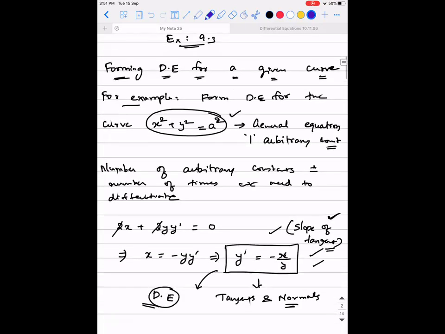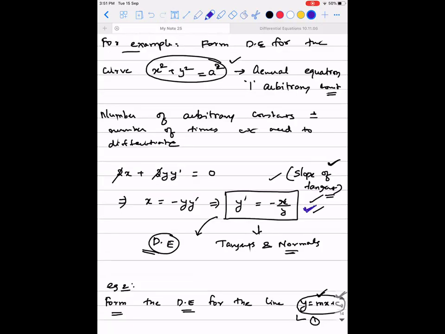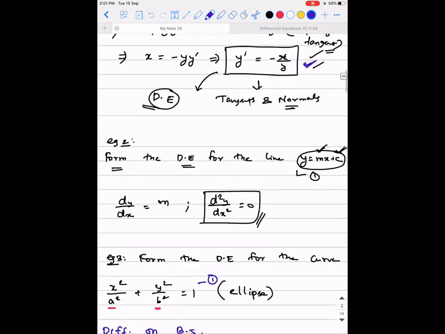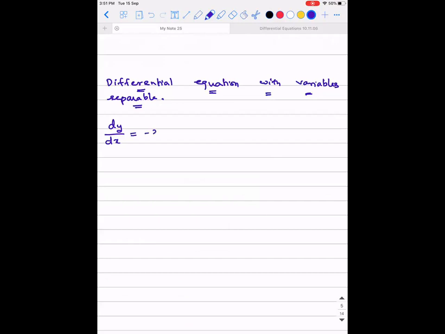If you look at this equation, dy by dx is minus x divided by y. So dy by dx is minus x by y. Let's say dy by dx is equal to minus x by y is the differential equation they have given. Now what is our work? We need to find the function from which this differential equation is actually coming. For that, observe